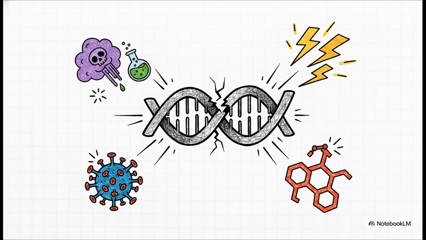We're talking about substances found in tobacco smoke, industrial pollutants, and even certain food preservatives. Beyond chemicals, we've got radiant energy, like UV rays from the sun literally tearing at our DNA, as well as oncogenic viruses like HPV, and even prolonged hormonal imbalances. Any of these can force that initial, irreversible DNA error.